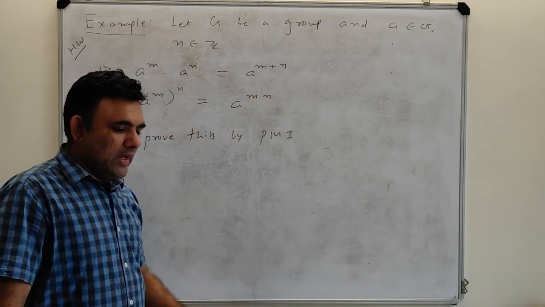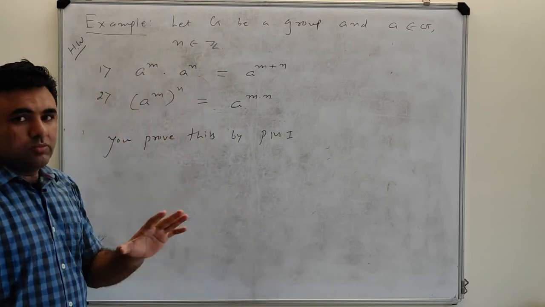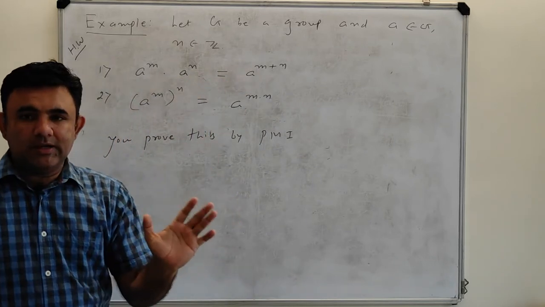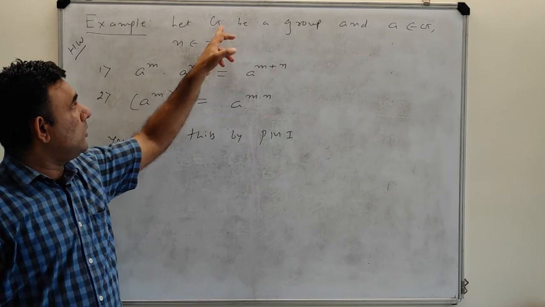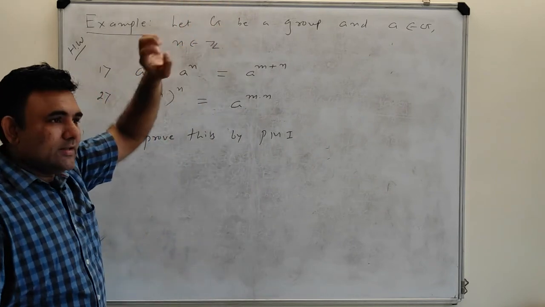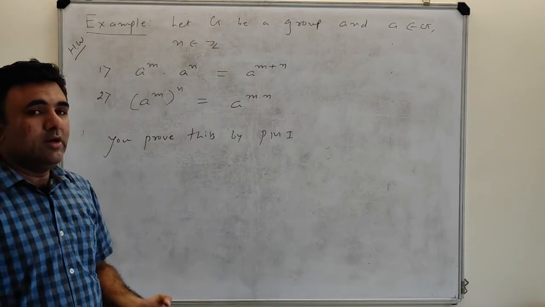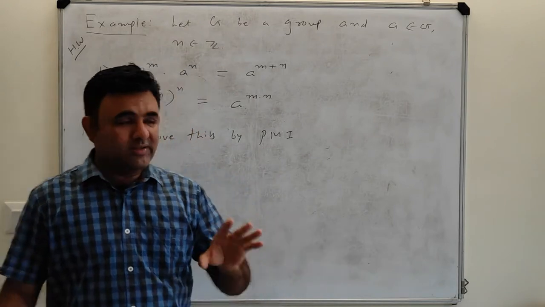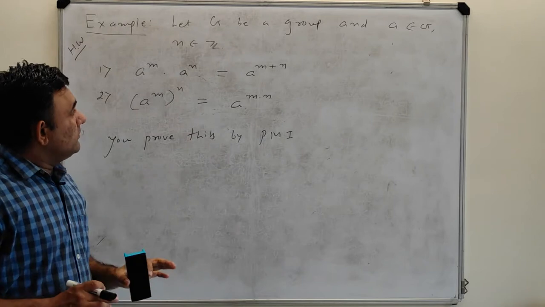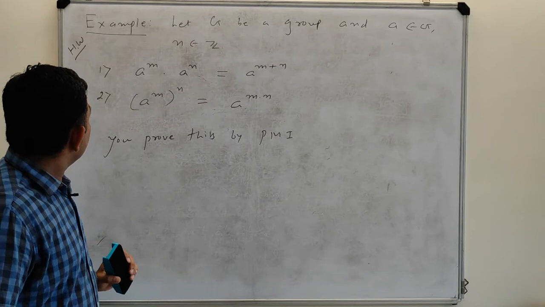So we have this liberty in group theory also, but you have to be careful about that. A raised to n means a, n times, but the operation is whatever the operation on G, and simply we write G is a group. In that case, the operation is always dot, and dot may be anything. Maybe it may be addition or usual multiplication or anything, whatever. It depends on the elements of the group and what kinds of elements are there, and the operation is always given.